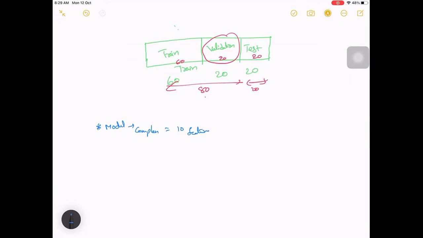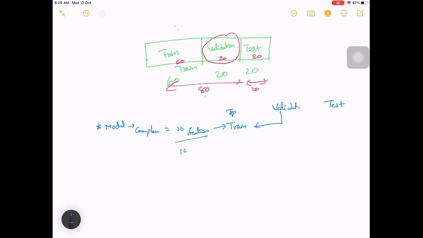So you train this model with the train data, and then instead of the test set, you take the validation split and check the performance on it. If it is not good, you increase the features.